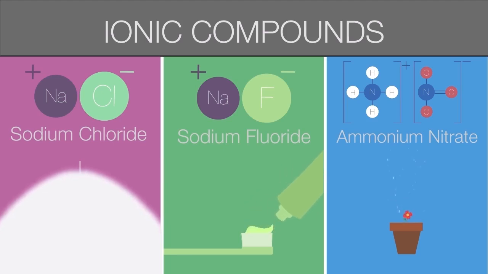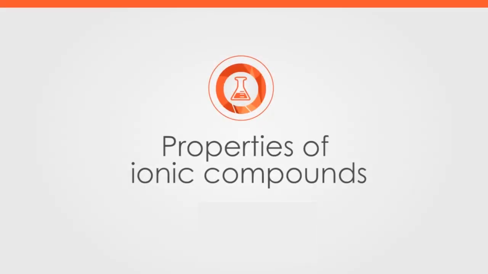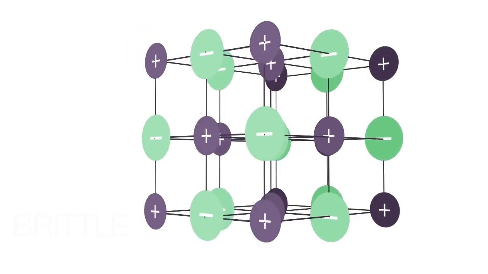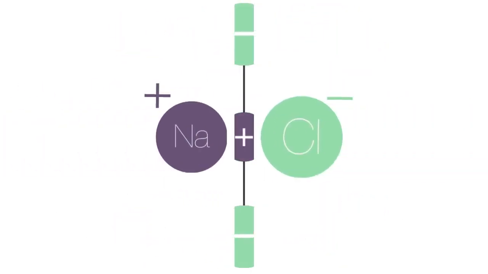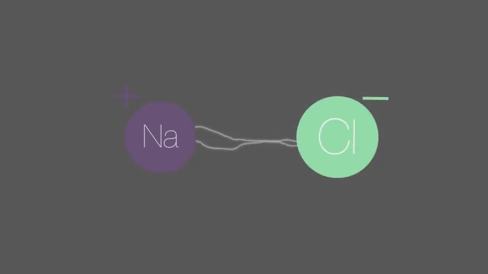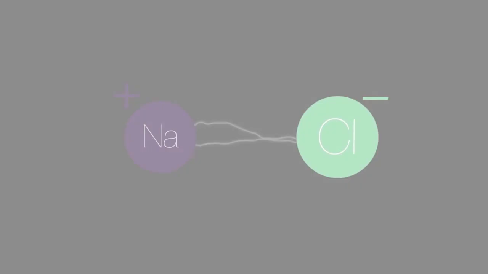In this video, we will learn about the properties of ionic compounds. These ionic compounds have very high melting points and are brittle because of their 3D giant ionic lattice structure. The strong electrostatic attractions holding the 3D lattice structures in place means that a lot of energy is required to